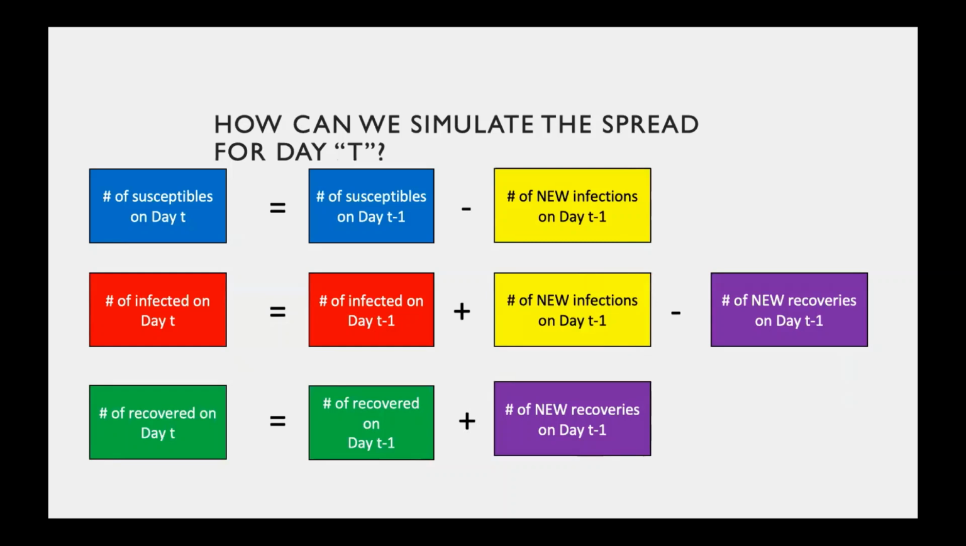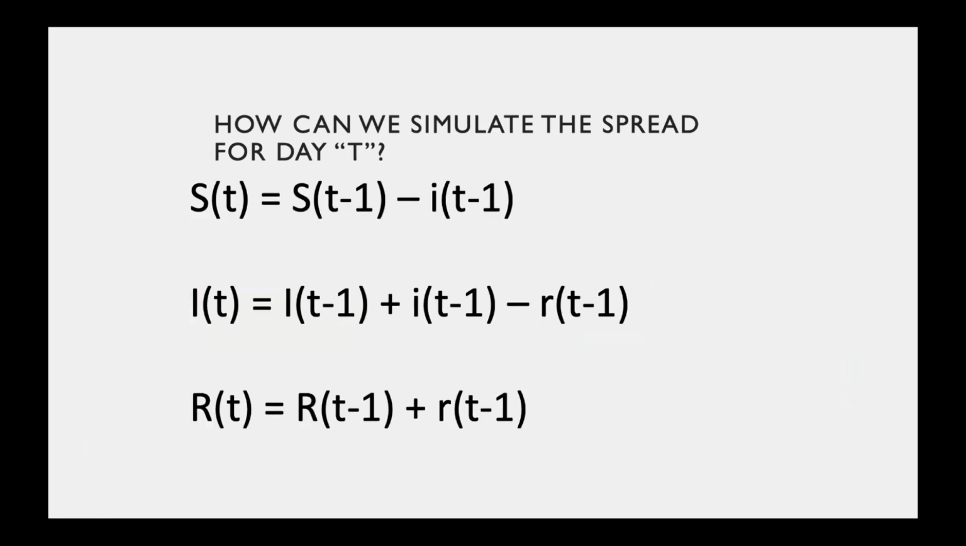And quickly, just a slight notation thing, if you wanted to calculate this for day t or day t minus 1, you would just replace 2 and 1 with day t and day t minus 1. And if you wanted to see the actual equations for this, you could write them out this way, where uppercase S is susceptible, uppercase I is infected, R is recovered, and then lowercase i is the number of newly infected people, and lowercase r is the